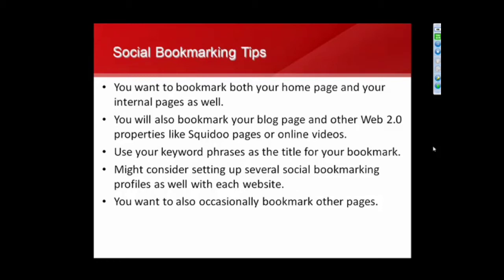There are literally hundreds of these sites, but there's a core 30 to 50 that are really good to submit to. So consider setting up several accounts, one for each of these sites, and use a spreadsheet to keep track of the different logins for each one. And inside your hosting company, you can actually create multiple